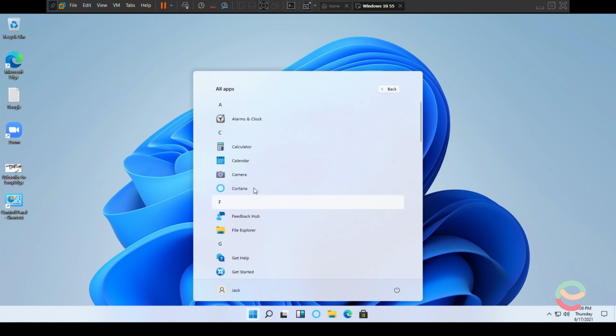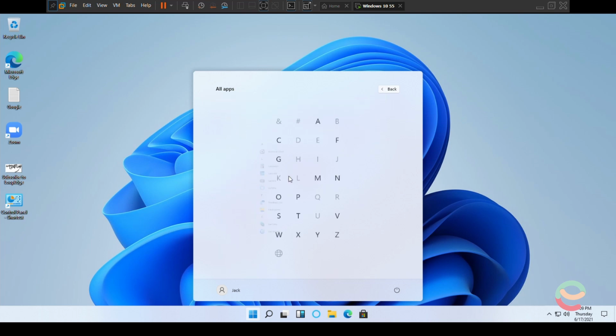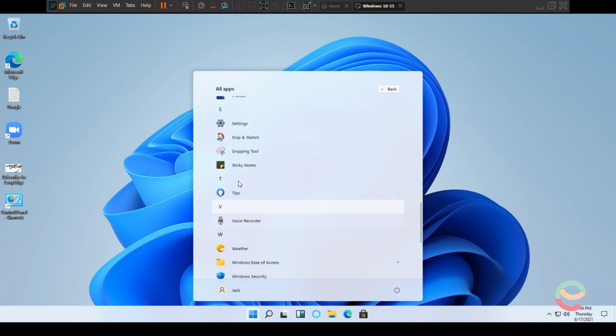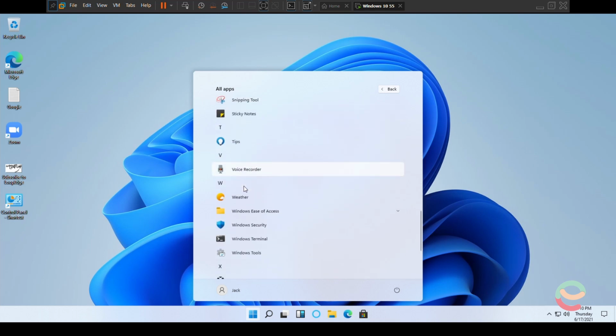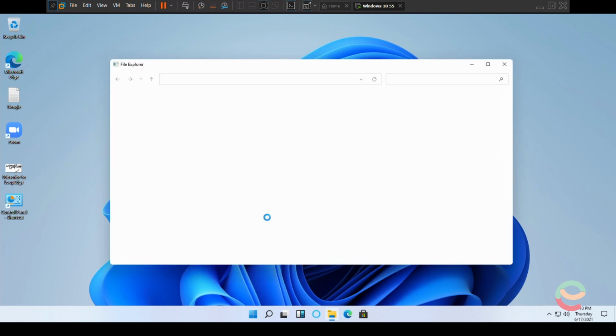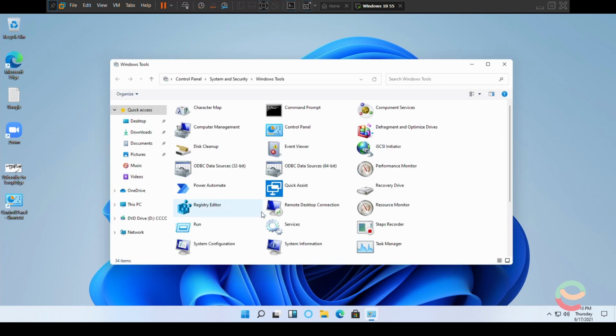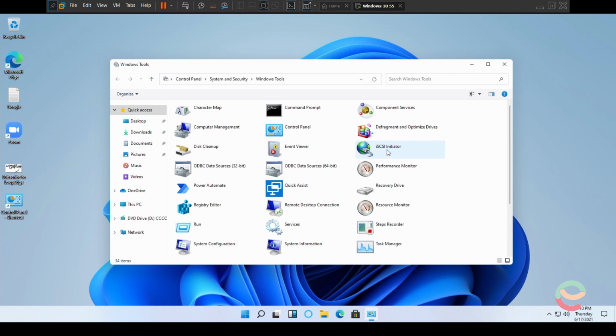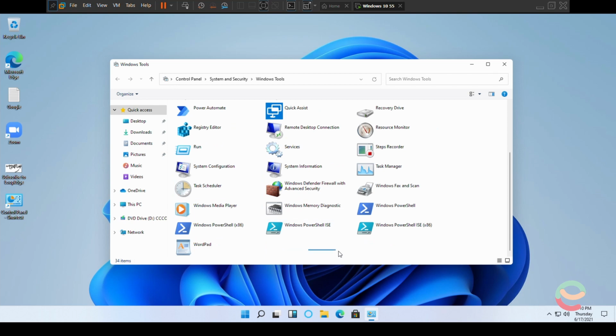Okay, go to all apps. We got this all apps list, and you can navigate by clicking on the text right here. And also we have another app called Windows Tools. Windows Tools is an app which opens from Windows Explorer, which basically has the same apps which were in our old Windows Accessories folder in Windows 10. Right here we have Power Automate, Run, and other stuff. Also Control Panel. The only new app is Power Automate, and the other apps are extremely old. They're damn old.